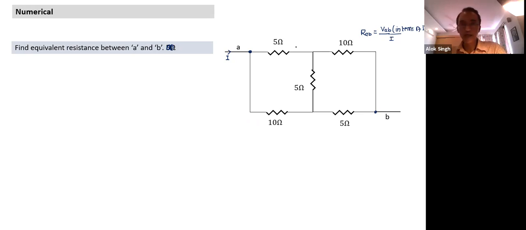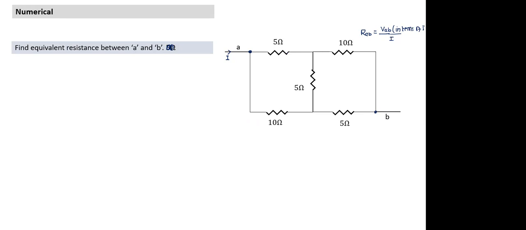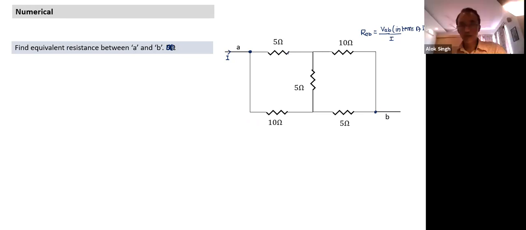Before I get started, this is not based on Wheatstone and not based on parallel-series. This is based on the basic approach. What is the basic approach? Resistance between two points is equal to potential difference divided by current. We take a current distribution, mark it, calculate the potential difference between A and B in terms of current and resistance, and divide by the current.